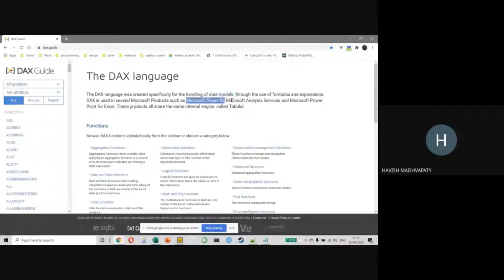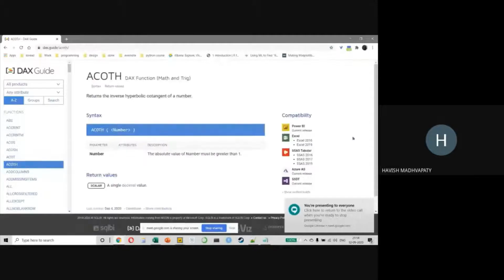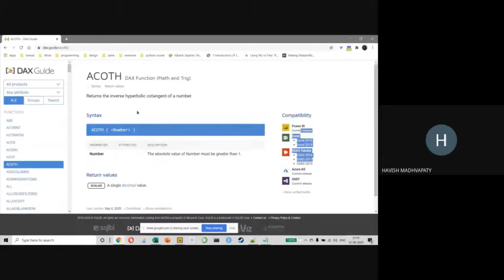So it works on Power BI. It works on SQL Server Analysis Services. It also works on Power Pivot. So it can be used on Excel as well with an extension. And they all use the same internal engine, which is called the tabular engine. Why is this important? It is super, super important for a very simple reason: if you want to pursue a career in analytics, then you have to work at some point with Excel, Power BI, SQL Server. Maybe Azure and data tools you can ignore, but at least Power BI, Excel, and SQL Server will be very important to you. So the good thing is you're hitting multiple birds with one stone. By learning this language, you're essentially learning something which will help you with multiple platforms.